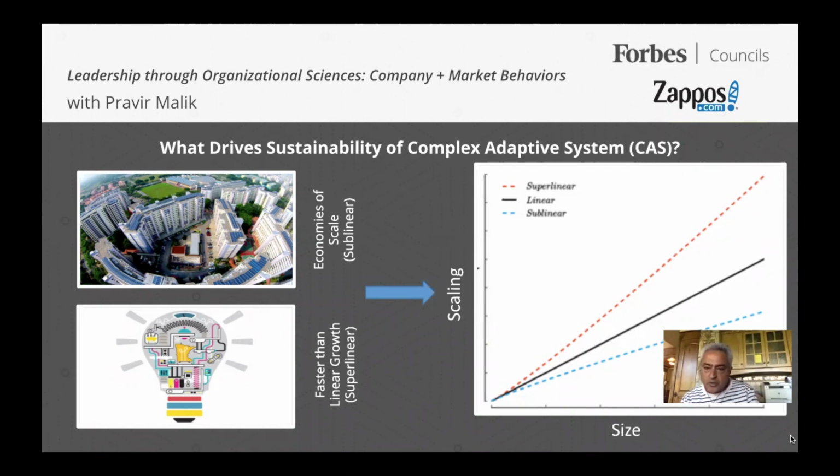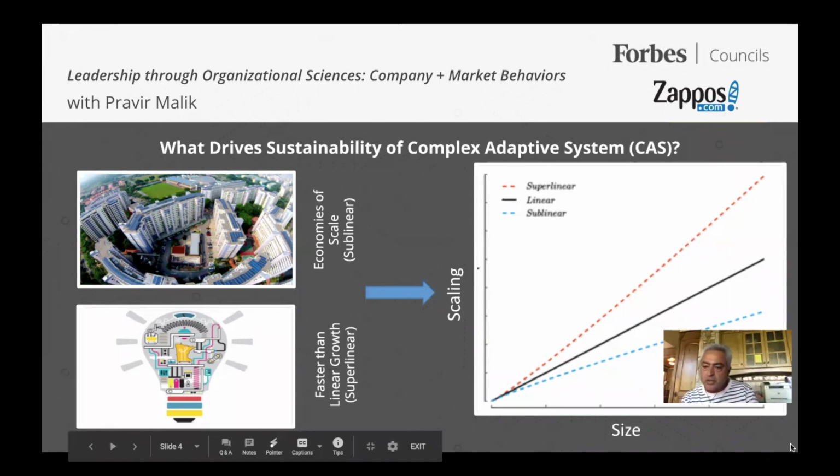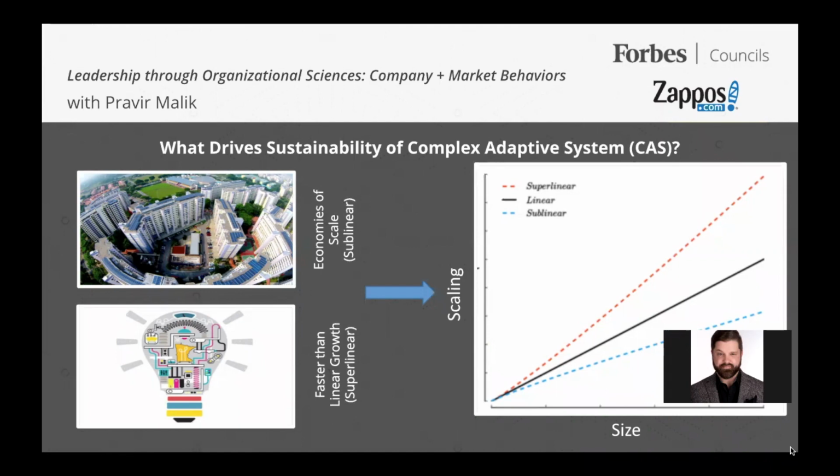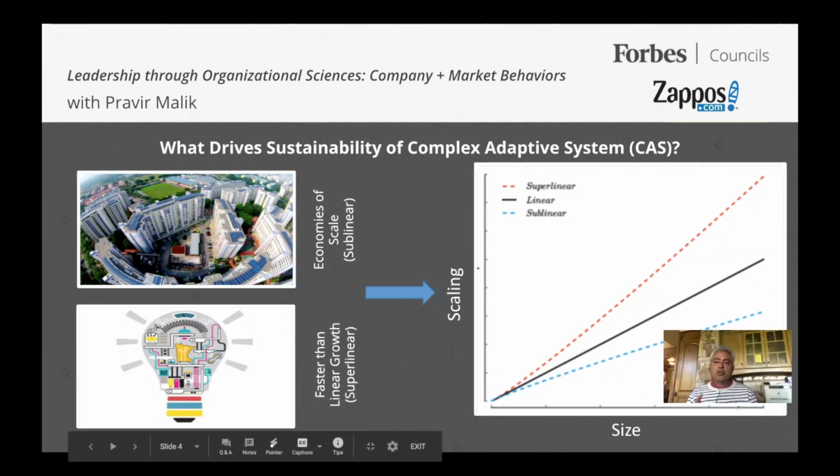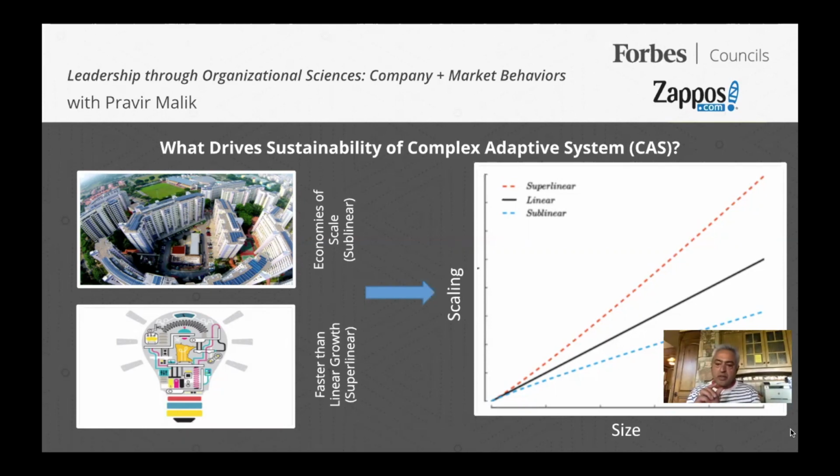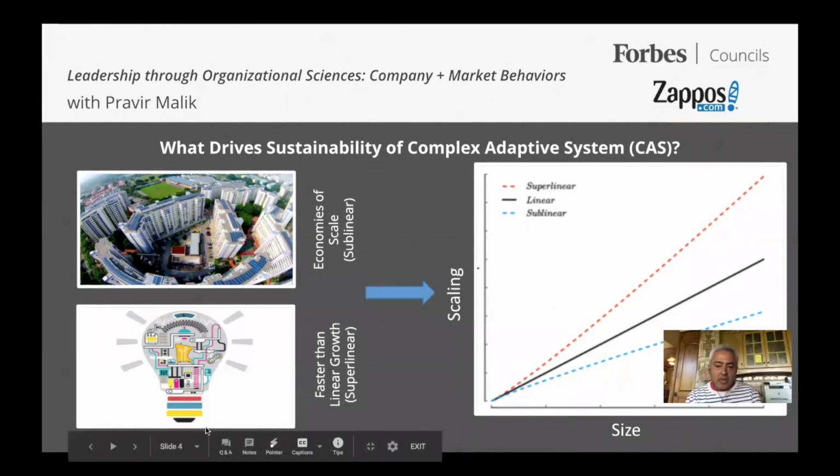And if you look at this graph here on the right-hand side, what really drives the sustainability is the differentiation. As an organization grows in size, this differentiation between the sublinear and superlinear is what creates sustainability of a complex adaptive system. So that's kind of like the underlying model of what drives sustainability in general. And if we go to the next slide, then